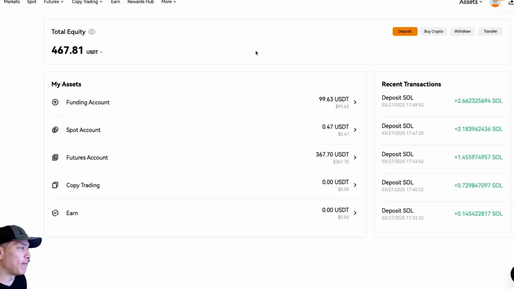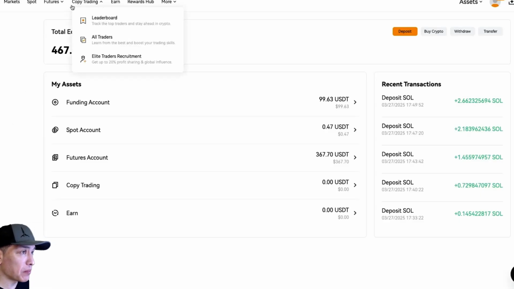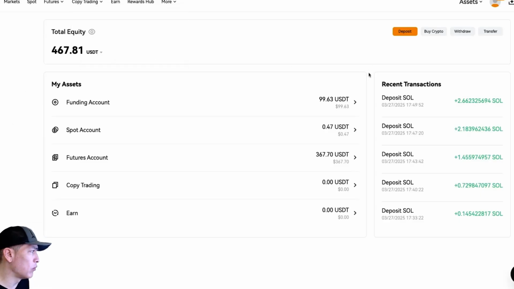Okay, so this is a full tutorial on the BloFin Exchange, which is a cryptocurrency exchange where you can actually use leverage. I want to go over the full suite of features and make sure you understand how to use this exchange in its entirety so that you are comfortable using leverage. But first, we've got to figure out how to get the money into these accounts